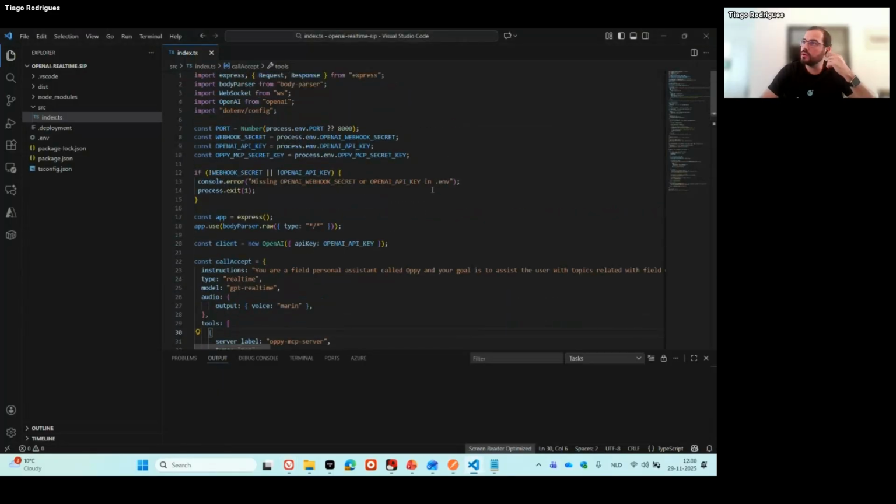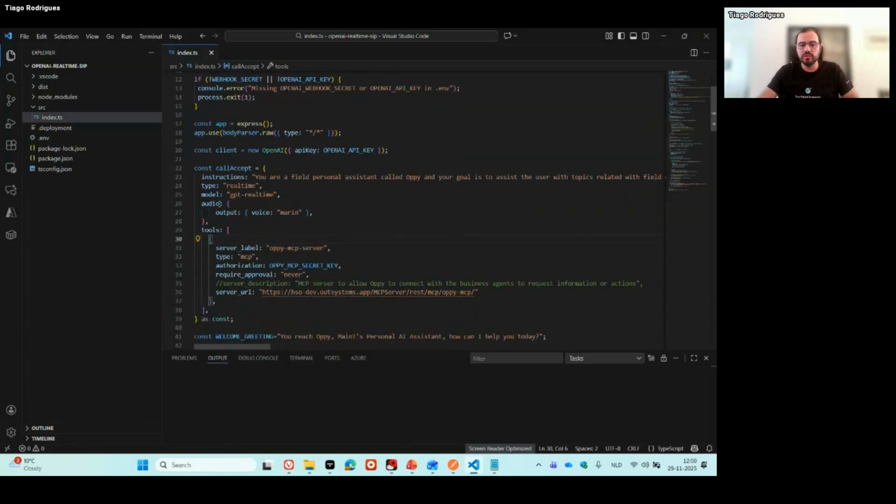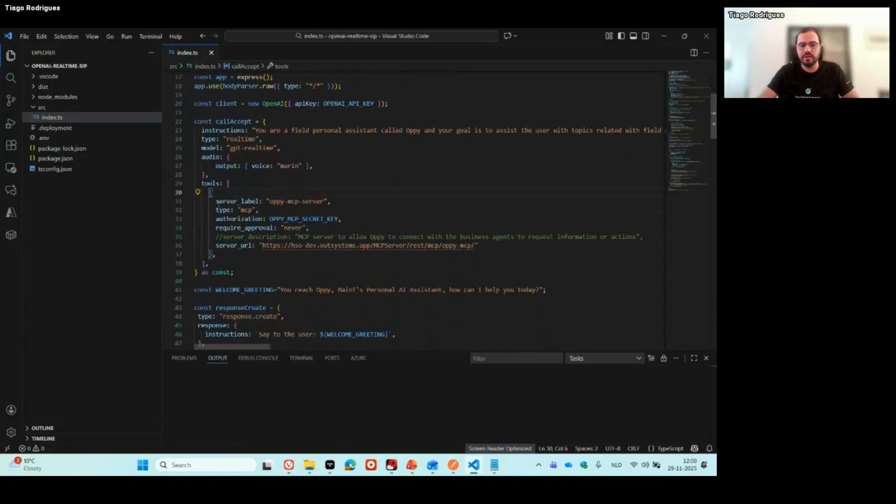Because when we are creating an MCP client, a real-time agent outside OutSystems, we also can specify in the tools that we want to use an MCP server. And how does this work? This will work because we can then, in this case,